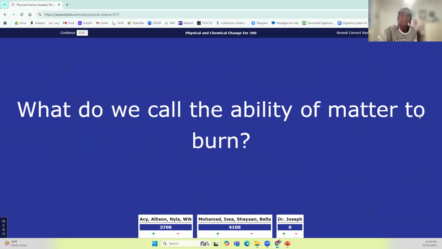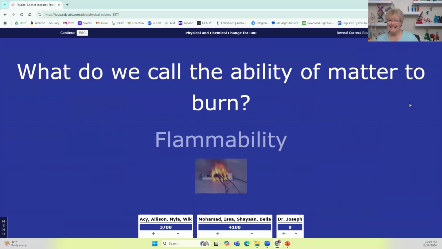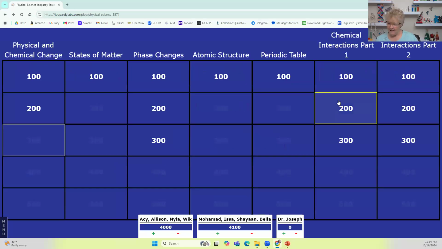It's the, can you guys check if this is right? The flammability? Yeah, that's it. Flammability. Excellent job. All right. Nyla adds to the team. And now we are back to